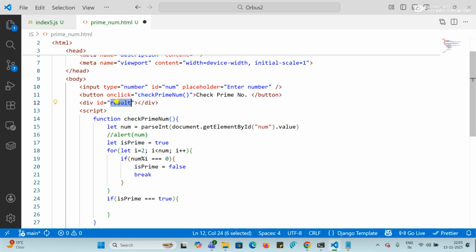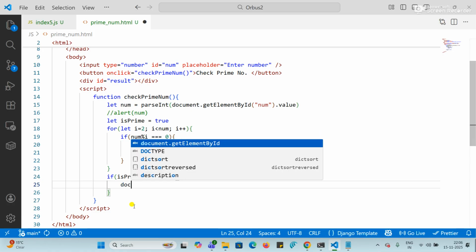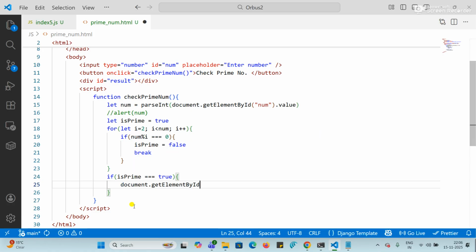And use this id here, say document.getElementById, paste the id result.innerHTML equals to, in h1 or maybe h2 you may write, close this h1 first, and we may write